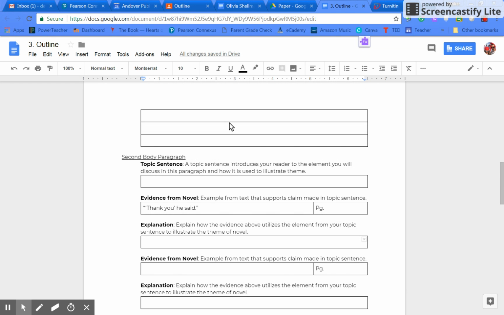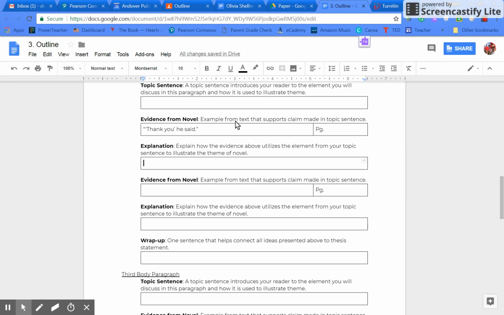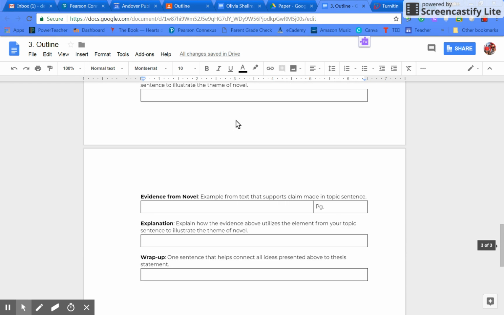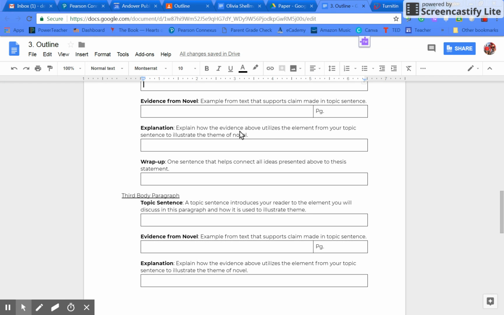And this is going to have just these 2 paragraphs. If you decided to choose 3 elements, you'll probably need to add another paragraph. If you've only got the 2 elements, which is all that was required, then you'll just keep this outline as is. If you need more help, please send me an email, be specific about what you're confused on,